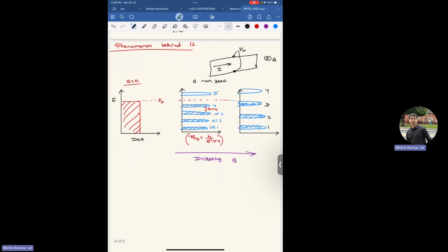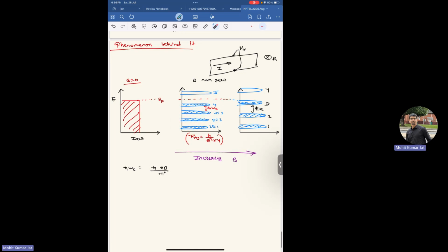So by increasing the magnetic field, you increase this h bar omega c. H bar omega c is not omega, you know, eB by m star. So by increasing the magnetic field, you increase the spacing between the Landau levels so that they become easily observable. And a low temperature is needed so that these states, which you see here,